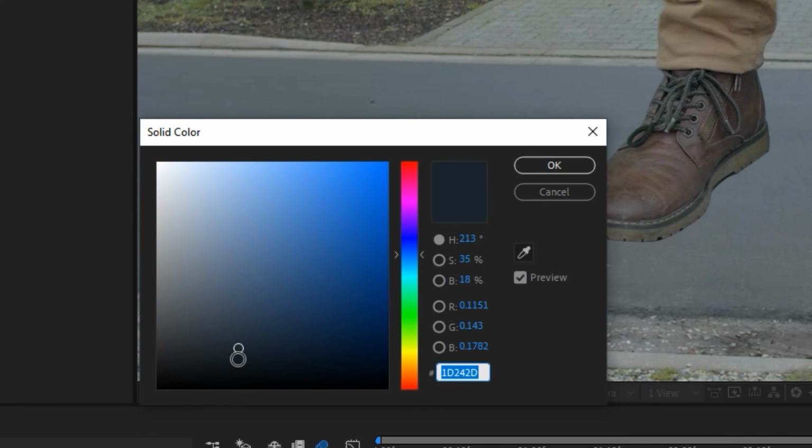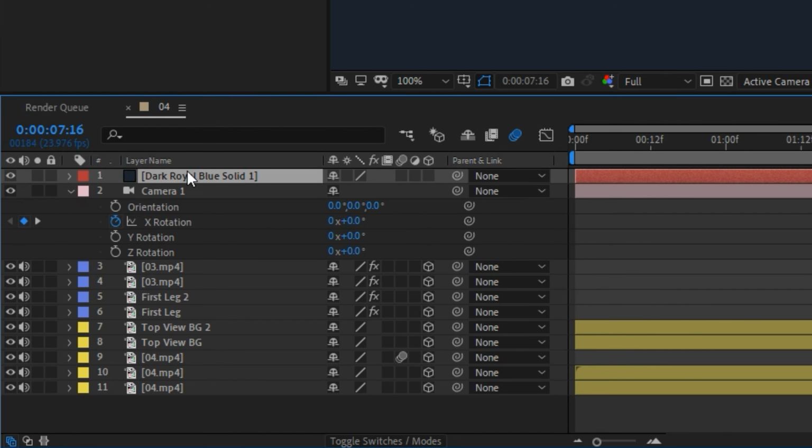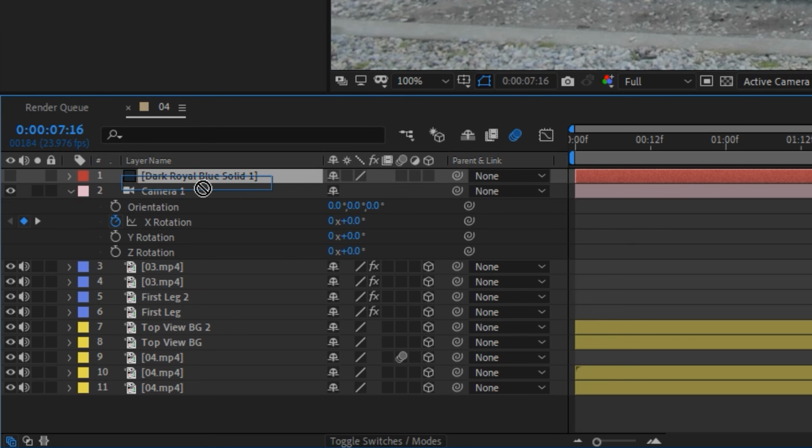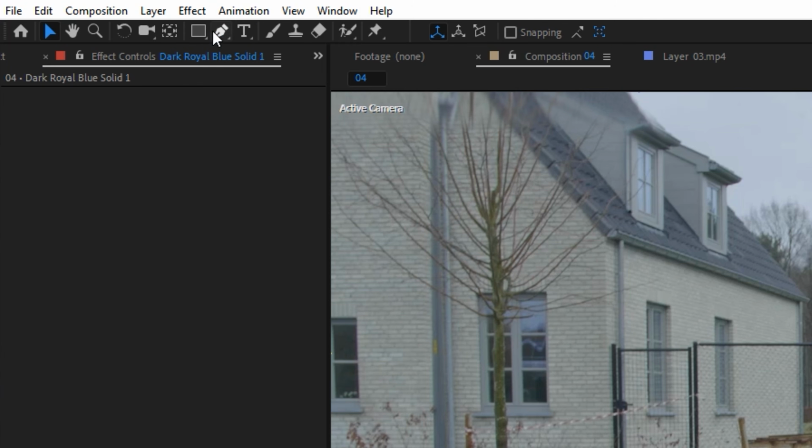I already picked a bluish kind of color. I sampled the color from underneath my shoes. So this is kind of the correct shadow color that you want to have. Press OK, OK. And then we want to uncheck this layer, bring this on the bottom here, right between these two. And then with the pen tool,